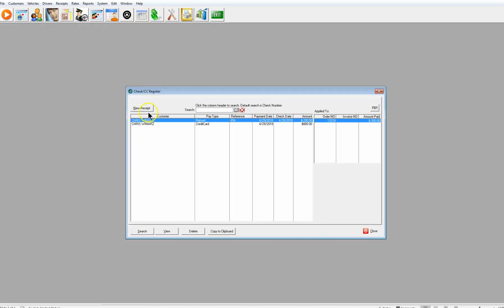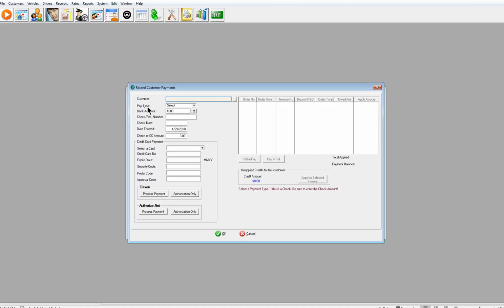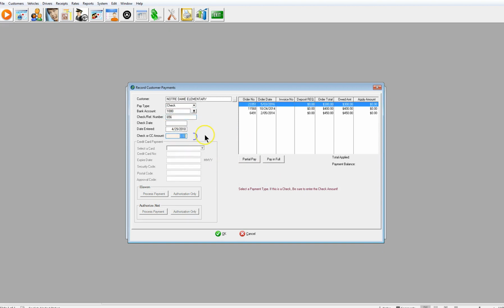So we'll go through entering a check payment here really quick, and we'll enter a check payment for one of our customers. As you can see now, we need to select the payment type, especially if it's a check. We need to make sure that we enter the check number, and the check amount is important because that's how we know if the check is going to be over